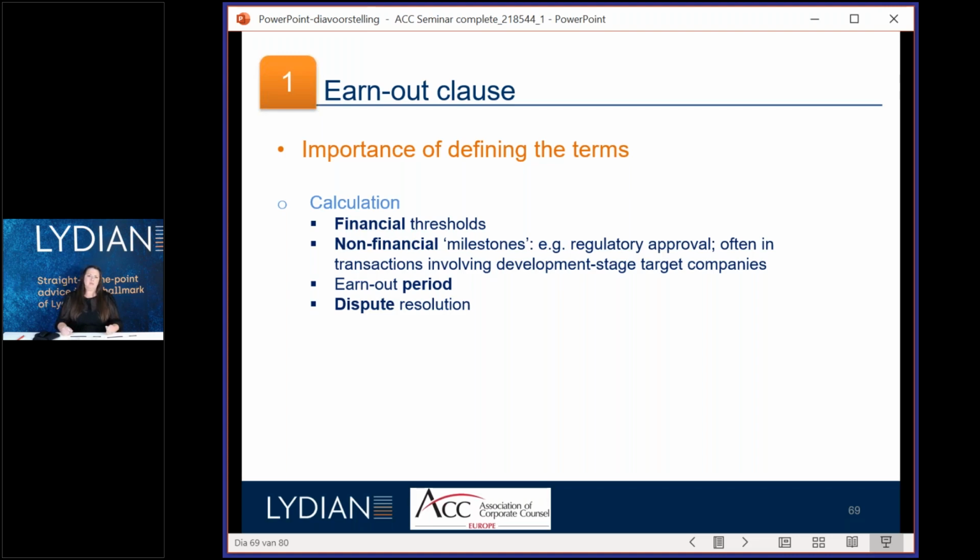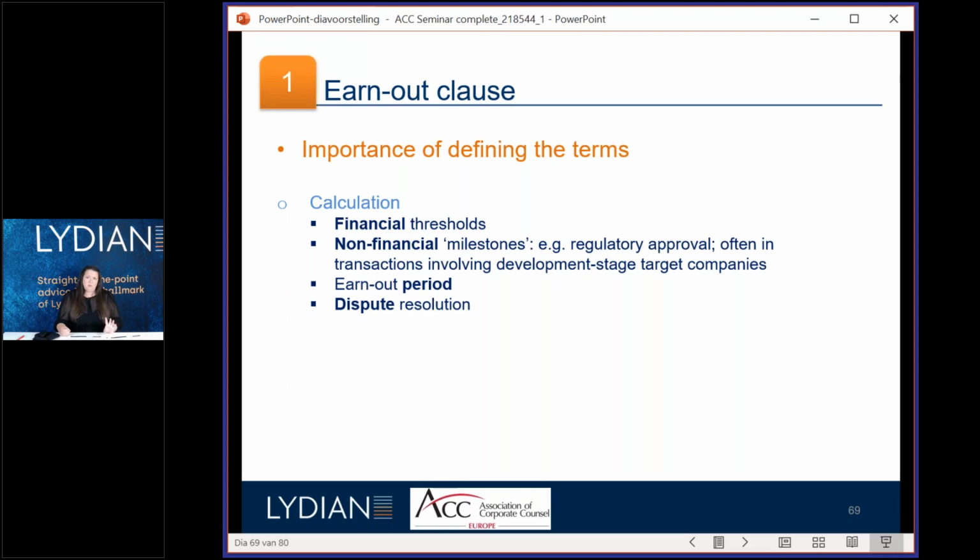Earnouts are very often subject to disputes between the parties. So usually the seller will want to review what the buyer has made of the calculation of the earnouts, and that can lead to disputes. So often the clause will provide for an expert, who will be appointed by the parties and who will settle the dispute between the parties so that they don't have to go through arbitration or litigation, and that the dispute can be settled quickly. Also because it's often of a financial nature, which requires then that an expert is appointed, and often it's an accountant.